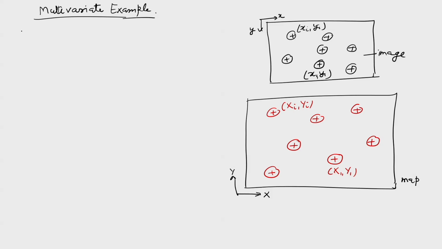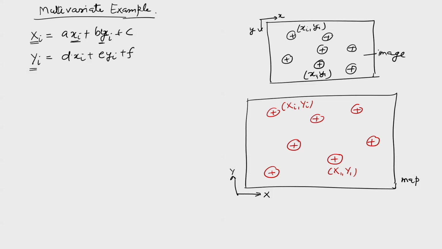Now I want to do some transformation between the image and map so that I can refer the image on the map, or I can do the georeferencing of the image. So what do I do? I write these two equations. That means capital Xi equals a xi plus b yi plus c is one equation, and capital Yi I explain as d xi plus e yi plus f. So there are two such equations, or rather it is multivariate. In input we have xi, yi, and output I have map coordinates capital X, capital Y.